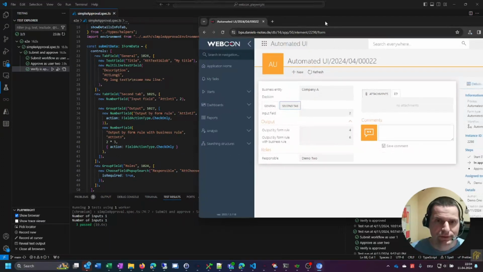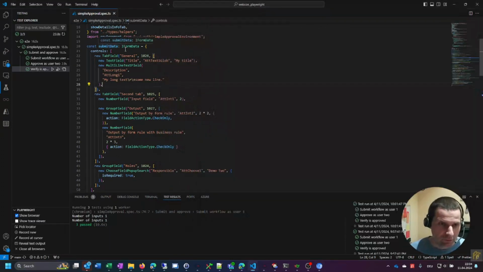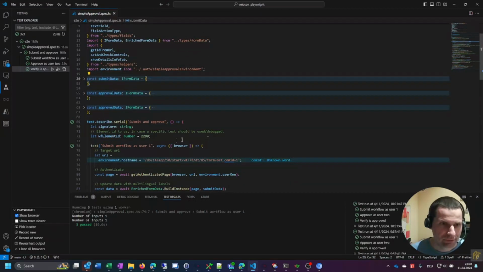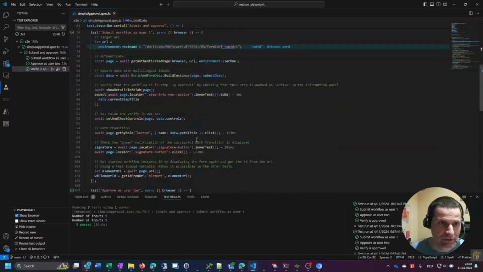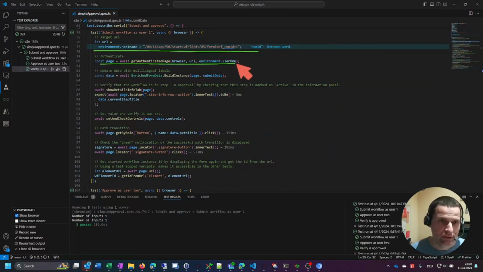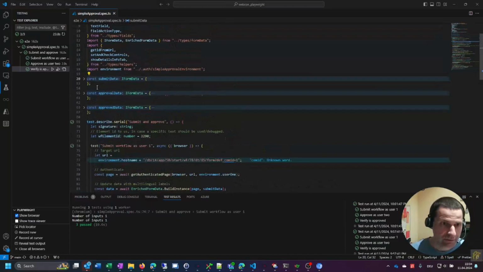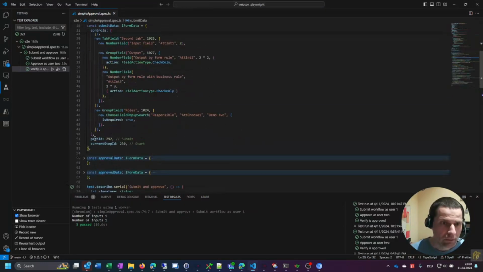And once we define this data here, we can use it in the test itself. The test itself only consists of which URL I need to open to start the workflow, authenticate the user and open the page, and then enrich the data you find above with some additional information, so that, for example, we can provide here the path ID and the step ID,